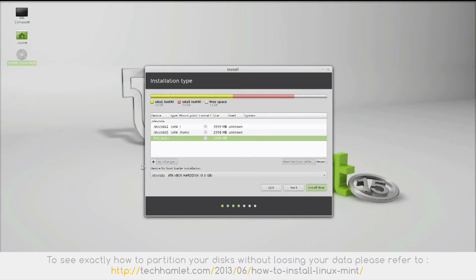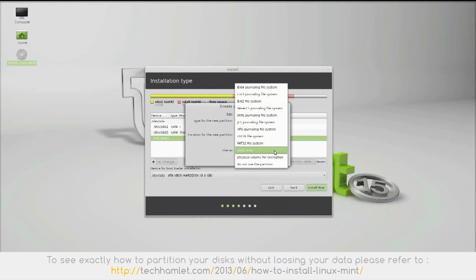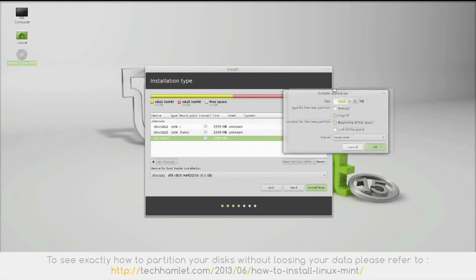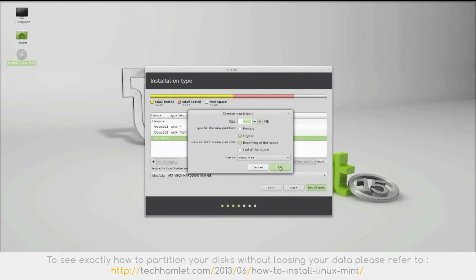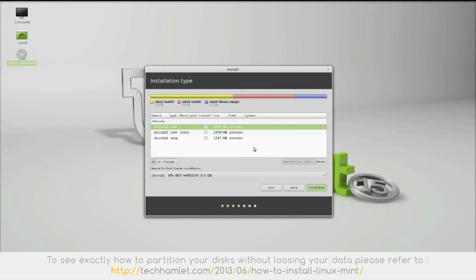Now for the swap partition, different people use different methods to calculate the size of the swap partition. Some say you have to use twice the amount of existing memory. Some say you only have to use 50%. But if you have a lot of physical memory, you don't want a big swap partition. Only a small one will be enough. But if you don't have enough physical memory, go for a big swap partition. Now in here, I only have 1.5 GB left, so I will give that to the swap partition. OK. Now after setting all the partitions, recheck whether everything is correct and click install now.